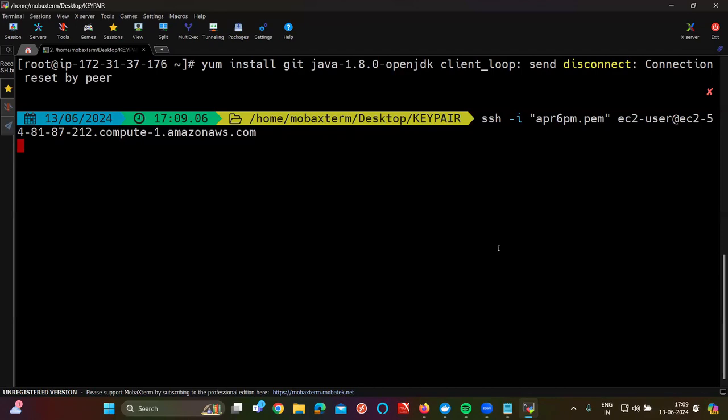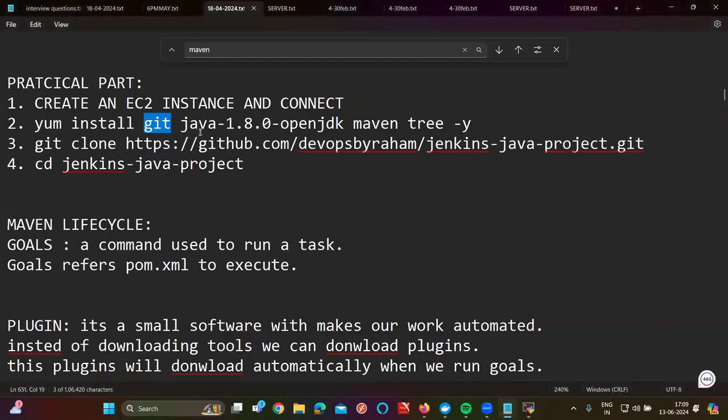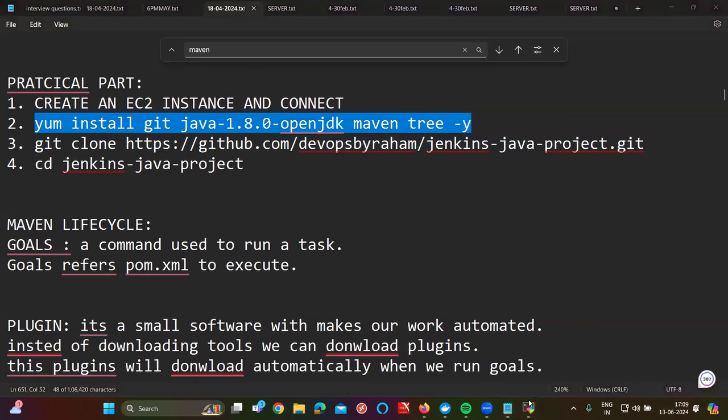So here you can see these commands parallelly. Git is to download the code. Java 1.8.0 is the dependency for Maven, and Maven is to build, test, and create the artifact. And tree is to give the structure for the code. Basically, the tree command will give the structure for our source code. Let me show you how it will work. So I'll execute this command on the server now. So go to your server,